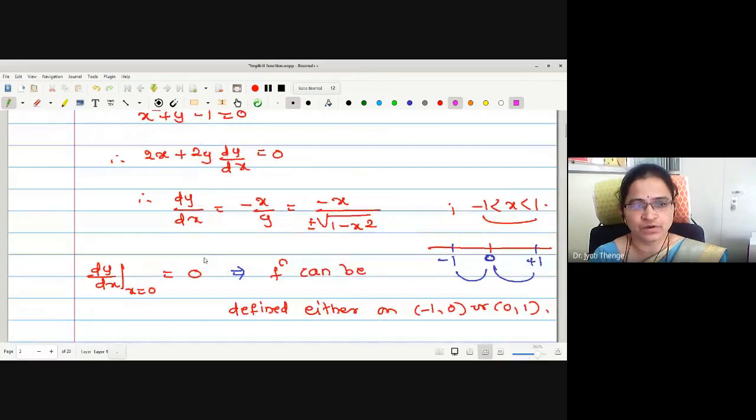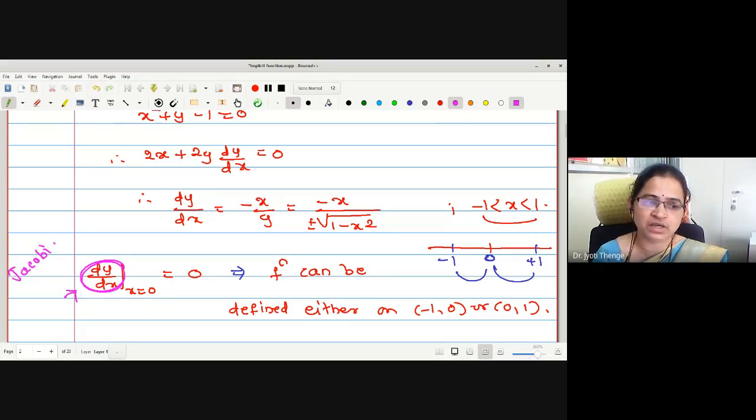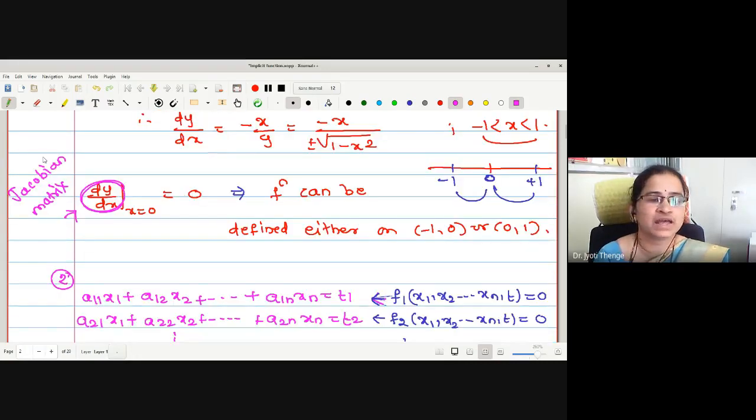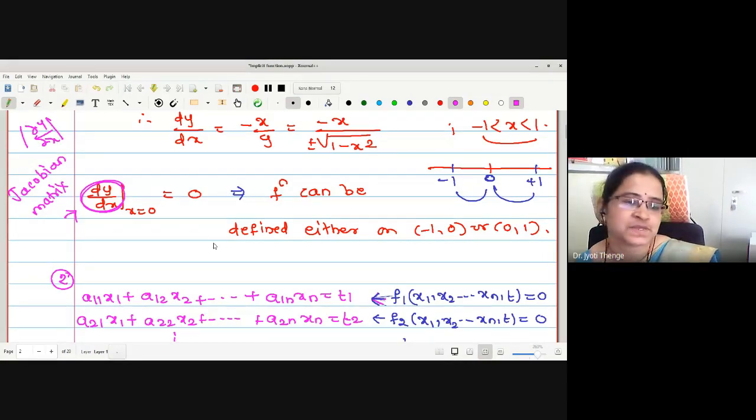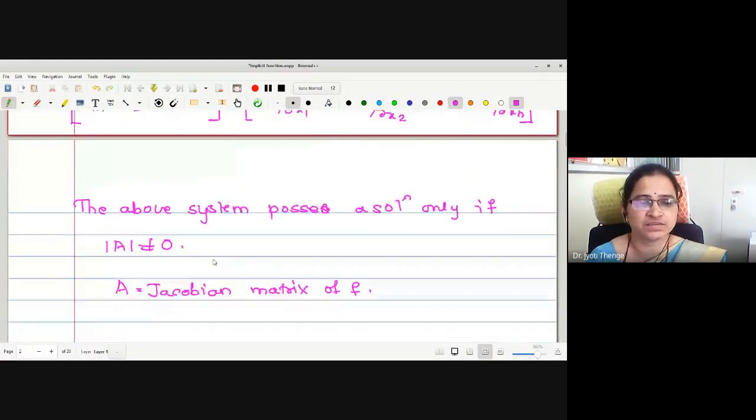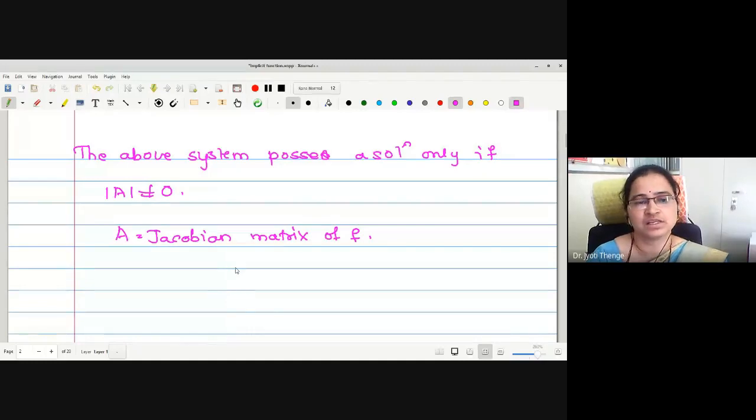Very similarly, in the first example also, the total value depends on the derivative, where this derivative is nothing but a Jacobian matrix again. Why? Because this is only a one-variable function, so it has only one derivative, dy by dx. Therefore, this implicit to explicit nature again depends upon this derivative. In the case of many variables also, if I want to write x explicitly in terms of t's, then this depends upon the Jacobian matrix. That is, the determinant of the Jacobian matrix must be non-zero, which is the essential condition.